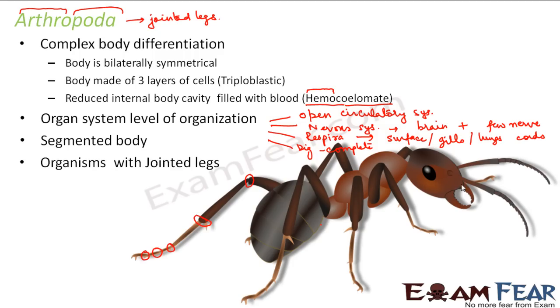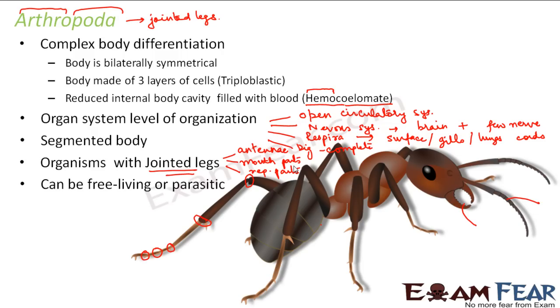So here you can see these are the mouth parts. These are the jointed legs, right? These are all legs. Now if you see, the jointed legs itself are only modified to form this mouth part. They are only modified to form these antennae. Right, and they are only modified to form some reproductive organs as well. So these jointed legs perform many functions. They can get modified to antennae, they can get modified to form mouth parts. They can also get modified to form the reproductive parts.